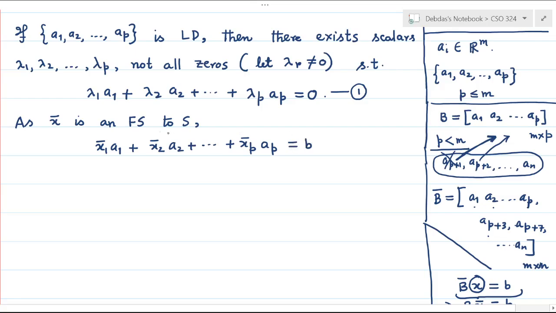I have written here in this equation, this is nothing but A x bar is equal to small b. Fine. These we are naming as 2. Now